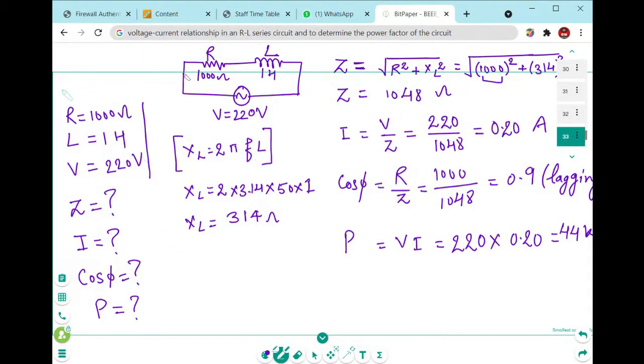So frequency is always 50 hertz. In India we use a frequency of 50 hertz. If the frequency is not given, you have to assume a frequency of 50 hertz. So we will put in the values of pi and frequency, and the inductor value is 1 Henry. We will calculate the XL value as 314 ohm, and we will put that XL value right here.